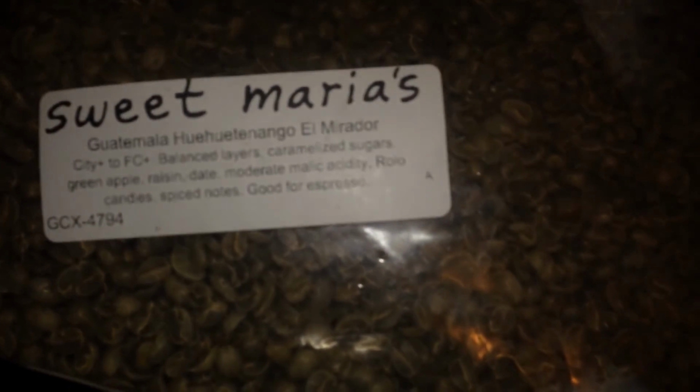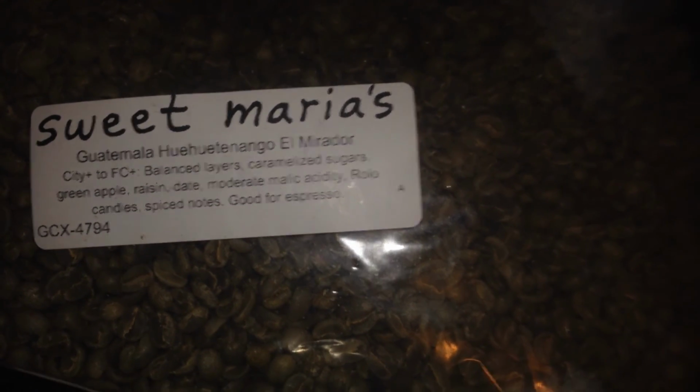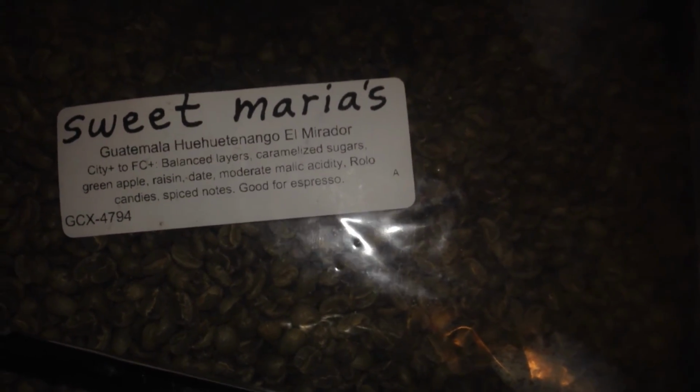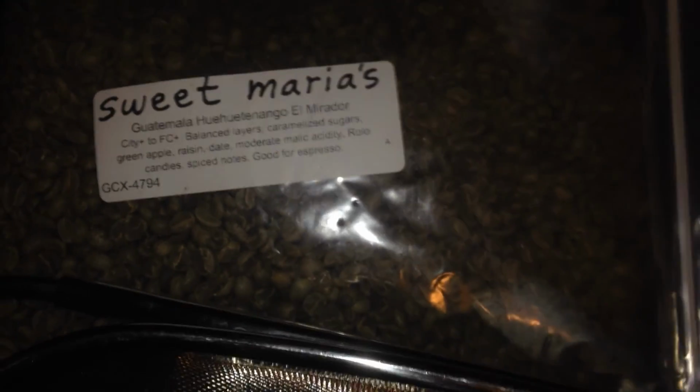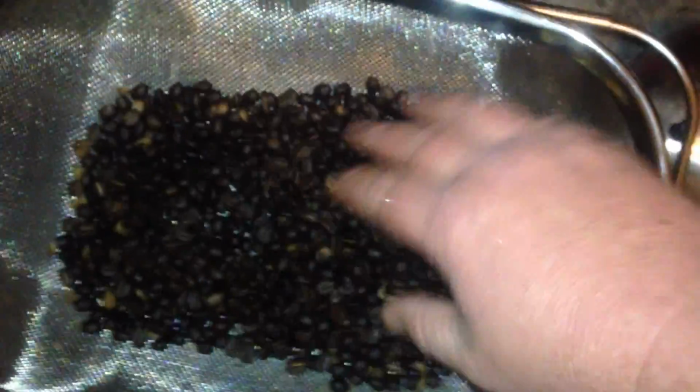A Huehuetenango El Mirador. Single estate, single origin. Sweet Maria's just hooks me up every time with some nice stuff. Yes, this was a little over $6.50 a pound, and maybe you'll get your Folgers for that kind of cost. But roasting this, single origin, fair trade,